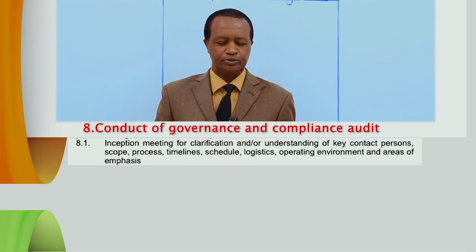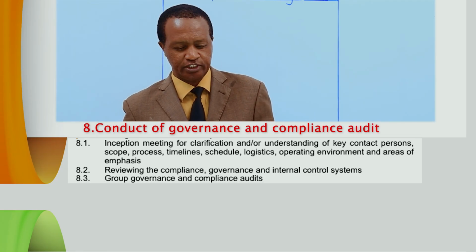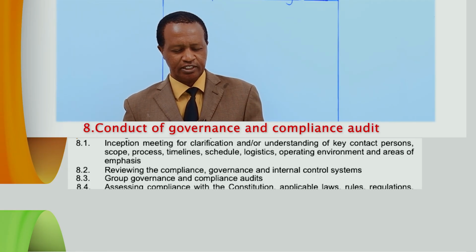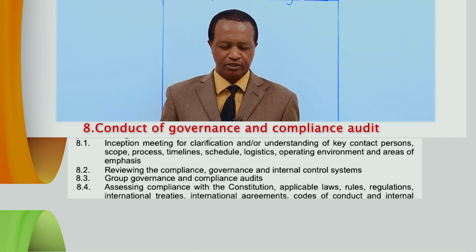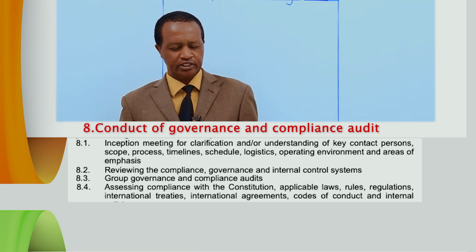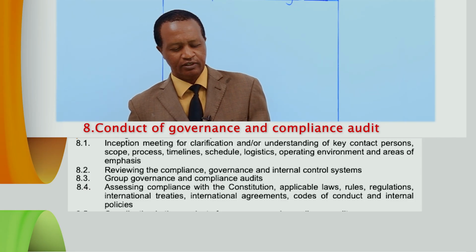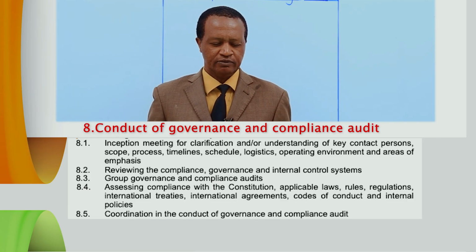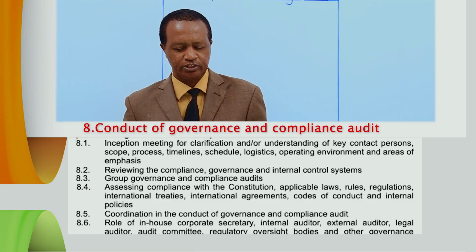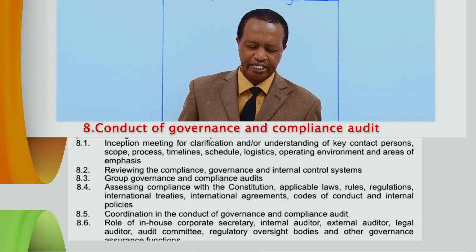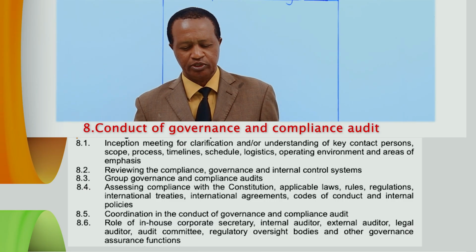1 is inception meeting. Number 2, reviewing the compliance, governance and internal control systems. 3, group governance and compliance audits. 4, assessing compliance with the Constitution, applicable laws, rules, regulations, international treaties, international agreements, codes of conduct and internal policies. 5, coordination in the conduct of governance and compliance audit. Number 6, role of in-house corporate secretary, internal auditor, external auditor, legal auditor, audit committee, regulatory oversight bodies and other